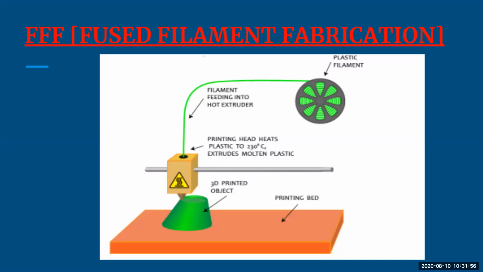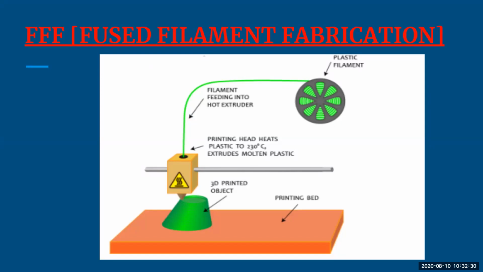So initially the first step is what? Plastic filament. Second is this filament. Filament here refers to what? The material. Don't get confused. This filament is then placed into your printing heads. What will the printing heads do? They will melt the plastic at a heat of 230 degrees Celsius, and then from that nozzle a 3D object is created. Initially there is a 3D printing bed. The printing bed will help you hold whichever object you are printing.